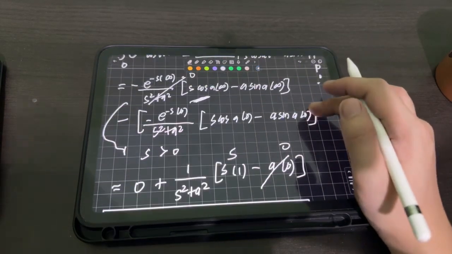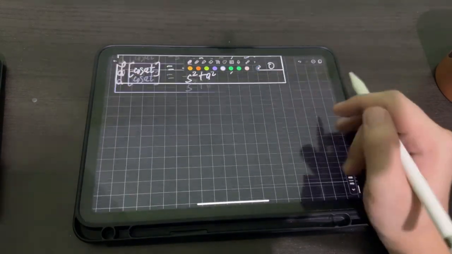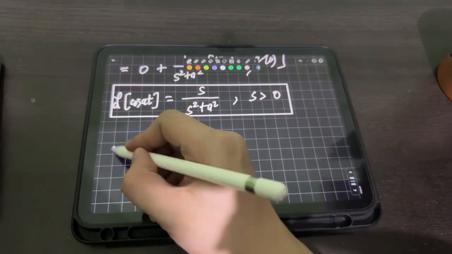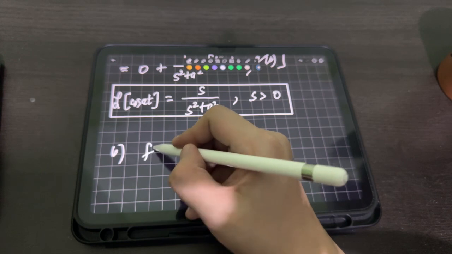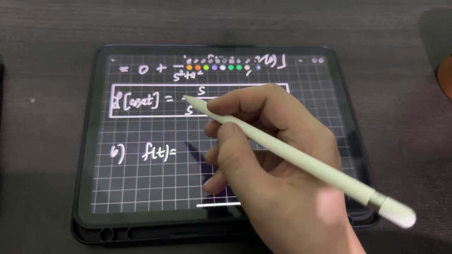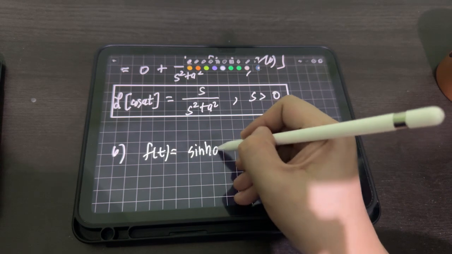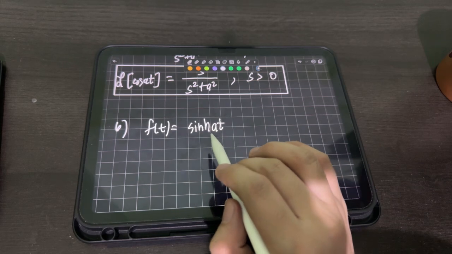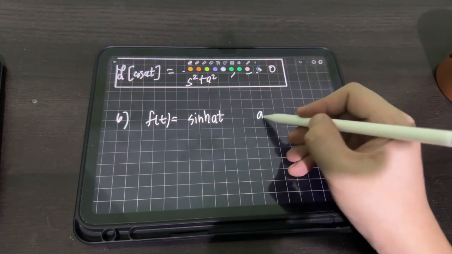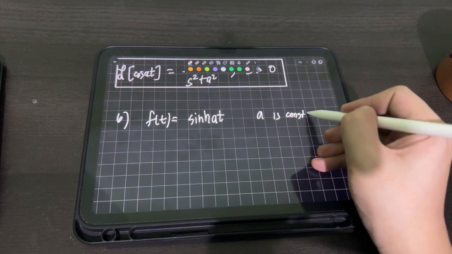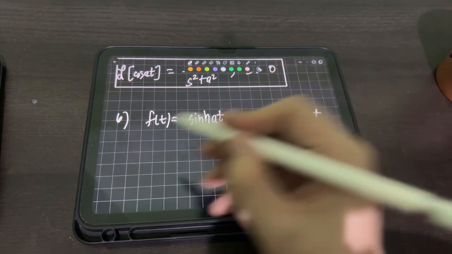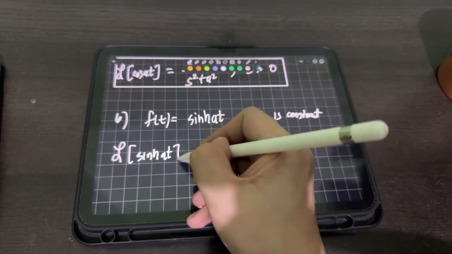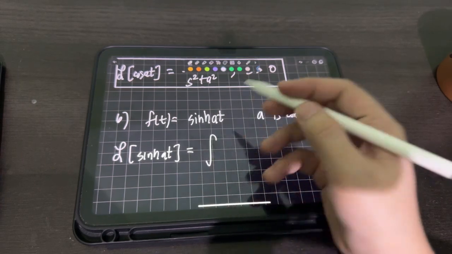Okay. Next, number 6. Okay. What if f of t is equal to sinh at? So sinh is hyperbolic sine at. Okay. A again here is any real number constant. So applying the definition to find the Laplace transform of sinh at, hyperbolic sine at, it's equal to the integral